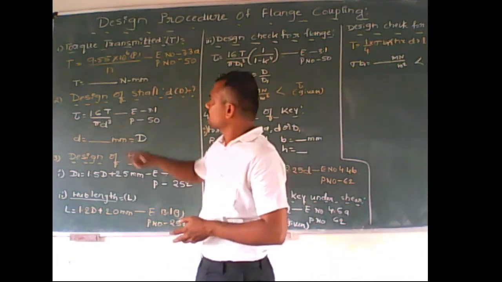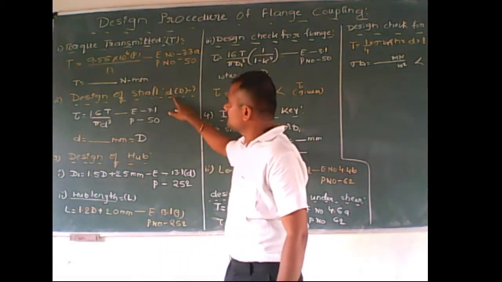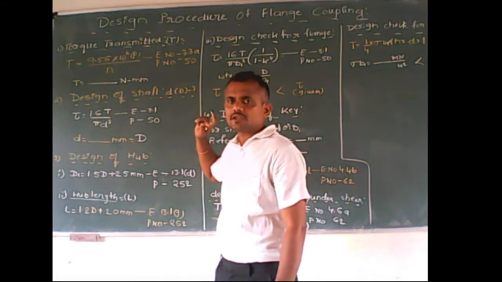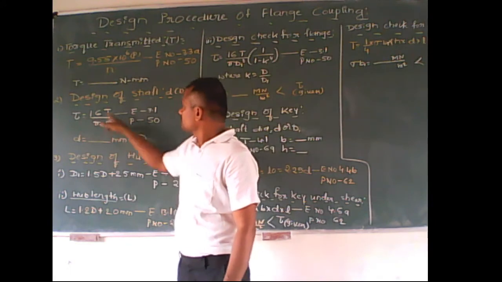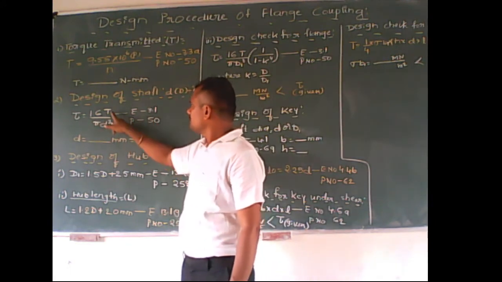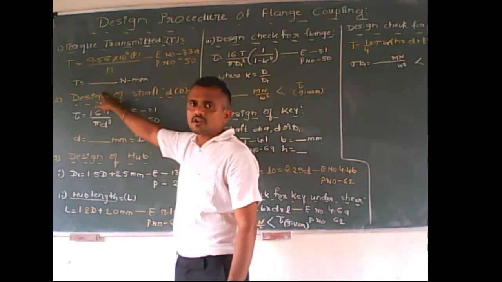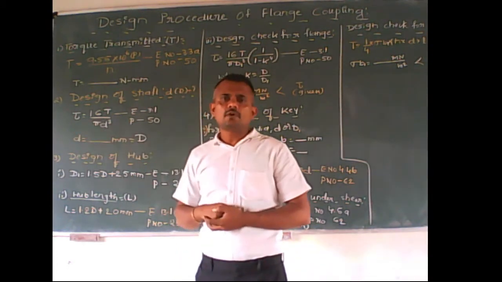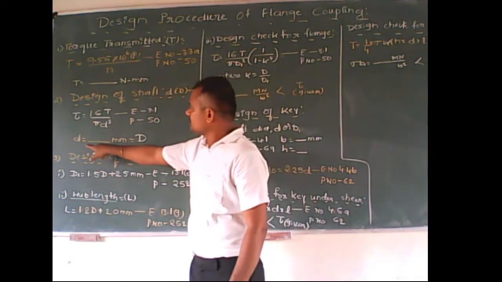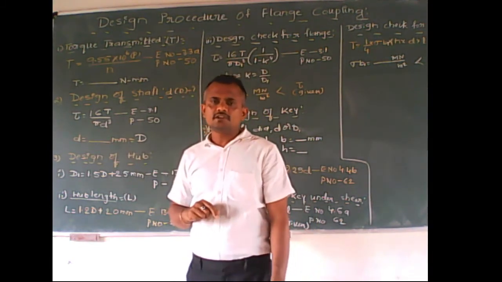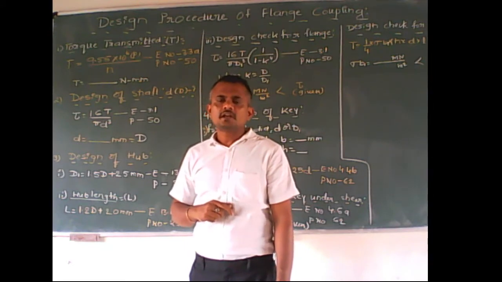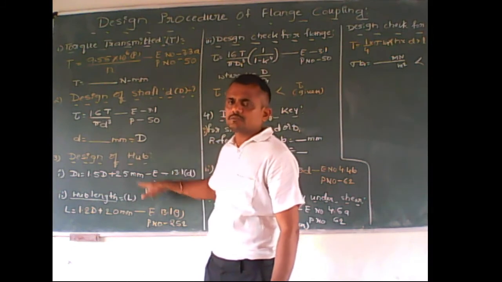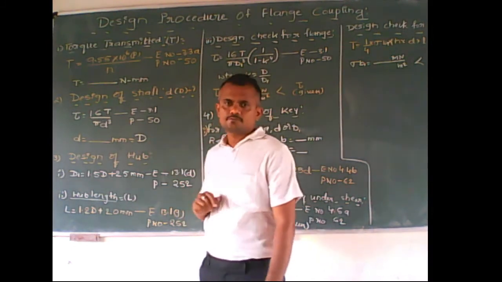After calculating torque, we have to go for the design of a shaft. I will call this a small d, or you can treat it as a capital D. When you use this equation, equation number 3.1, page number 50, you have to substitute the torque and the tau value of a shaft. Then you will get a small d, the diameter d. I mean d means the diameter of a shaft, so you will get it in mm. I will call it capital D in the next coming steps.